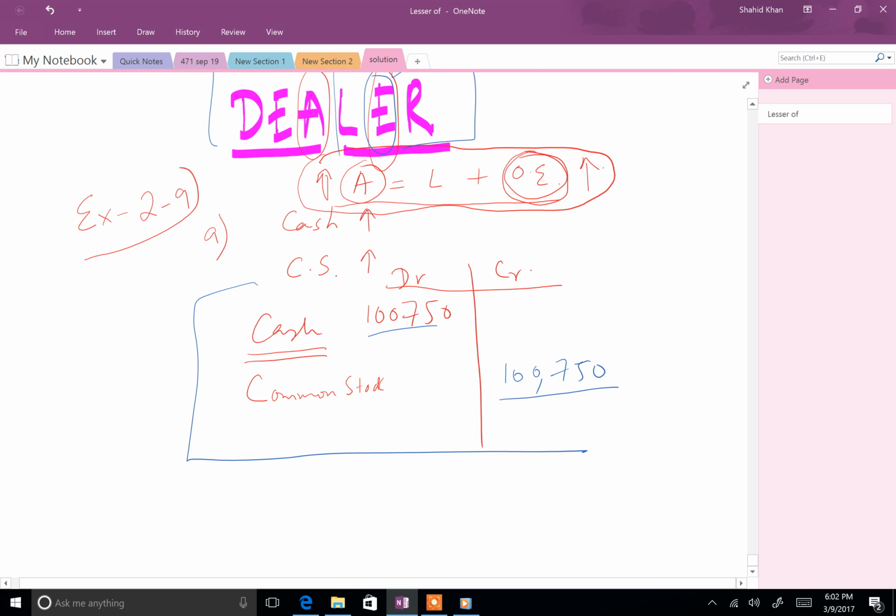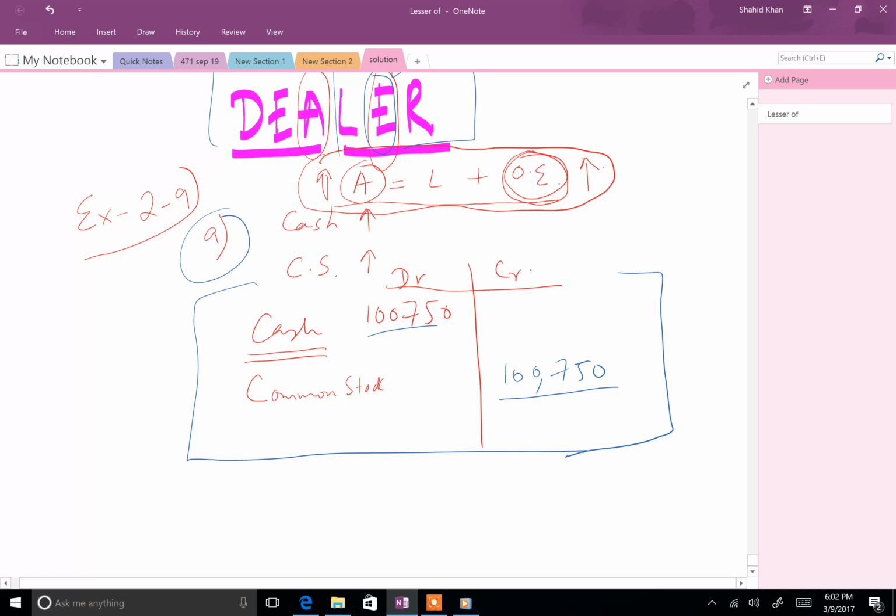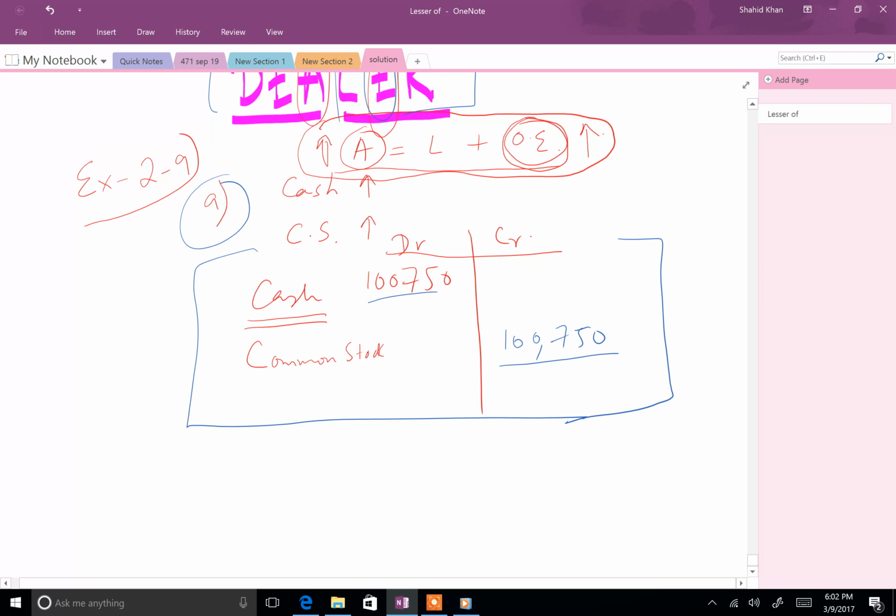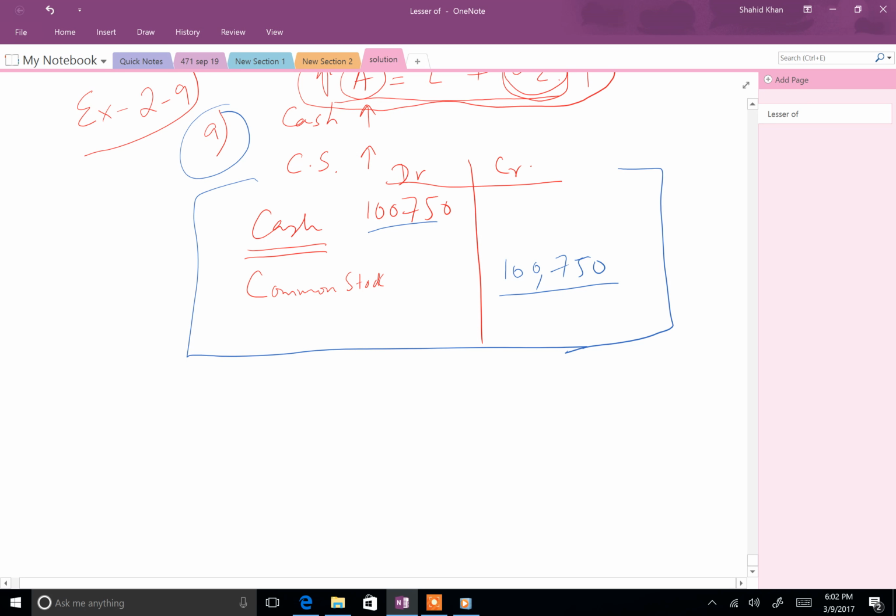So we did this journal entry for this transaction in part A, this event, and all this journal entry represents is an event on a certain date, and we translated that event in English sentence into an accounting sentence in terms of debit and credit. So if I don't know any English and I'm just looking at this journal entry saying cash debit and common stock credit 100,000, then I don't know what is happening, right? If I have never seen part A of this example, what I'm going to do is translate now accounting into English. So I'm going to say cash is increasing